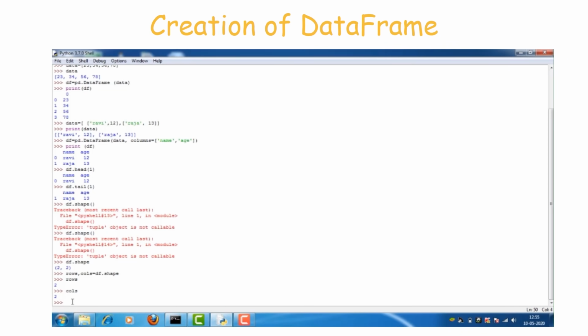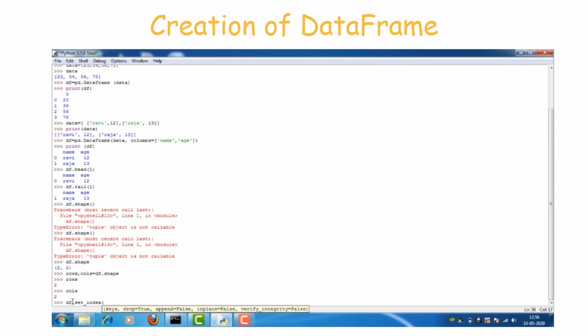Then the set_index method is used to change the index of the data frame. So df dot set_index of. In this method we have to give two arguments. First we have to specify the field name that acts as a key.